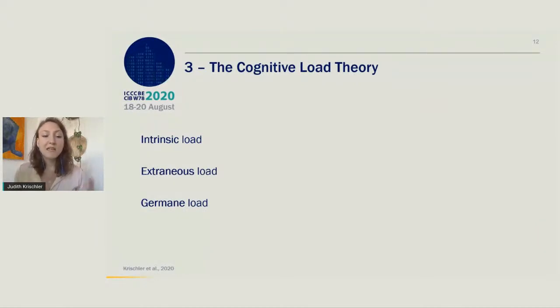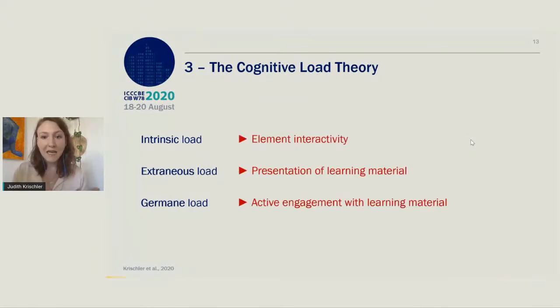Why do we do that? We take all these principles into account to consider the cognitive load theory, so the load of the working memory. We have to keep the intrinsic and extraneous load low and the germane load high. What that means is that the intrinsic load refers to the content complexity and the element interactivity. So the complexity has to be kept low,